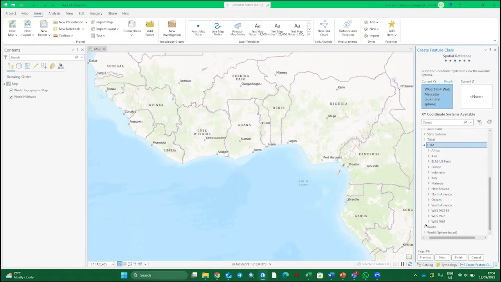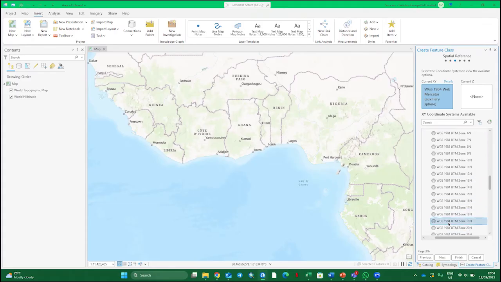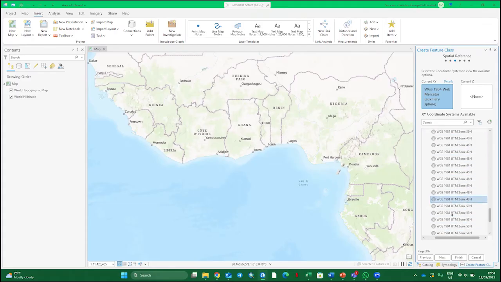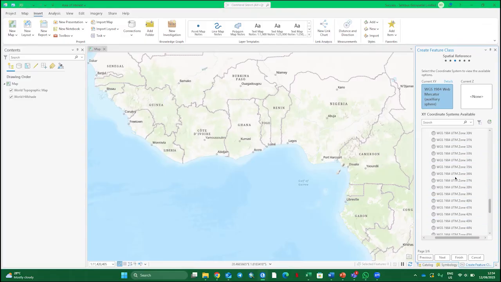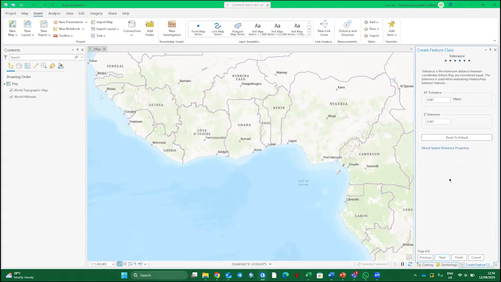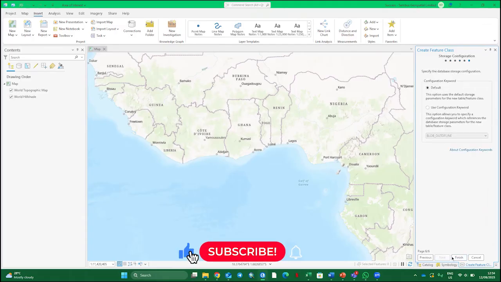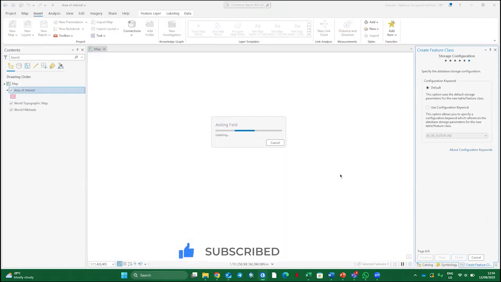UTM, then WGS 1984 Northern Hemisphere, then UTM zone 32 or 31. It's 31, it's 31. Then next, say any other thing. Next, then finish. So I haven't created